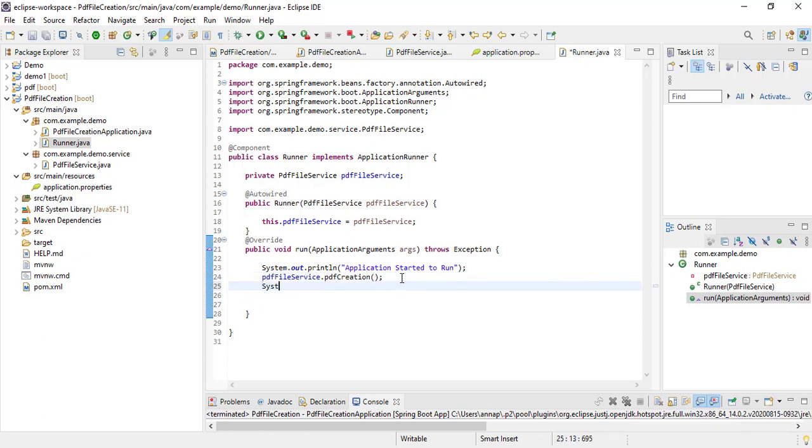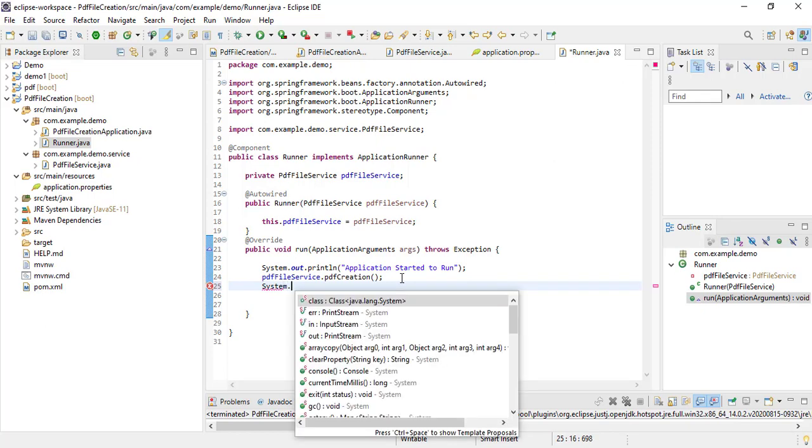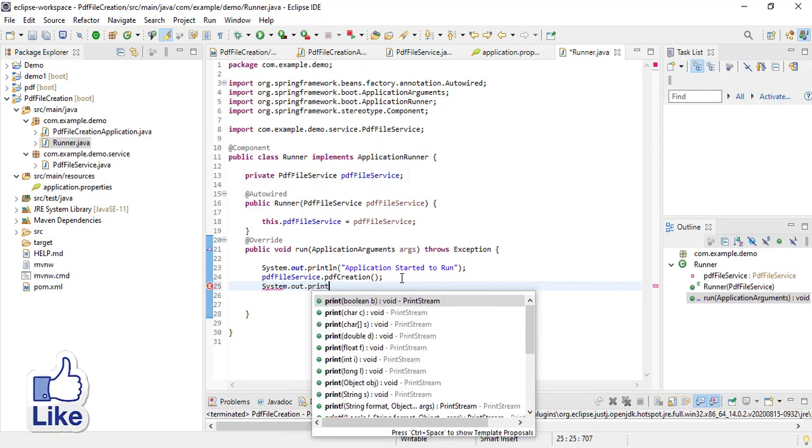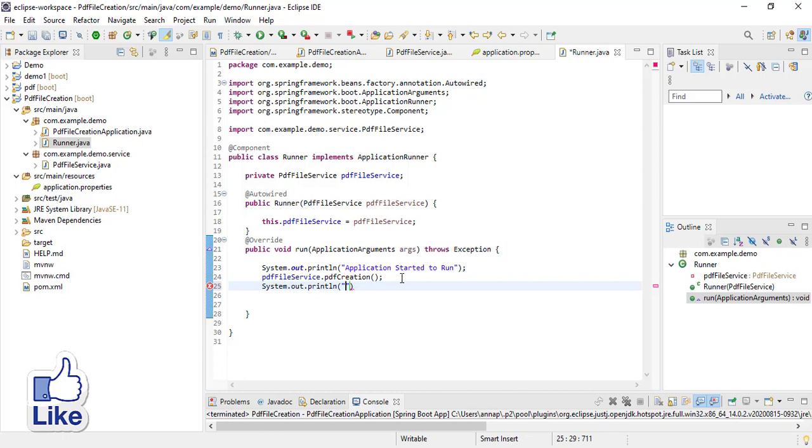That's why I am giving another print statement. I will give it as PDF file got created. Once the file got created, I get this statement on the console. Now I will run this project.